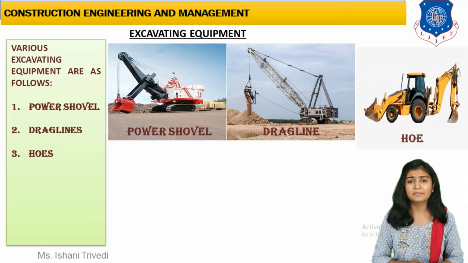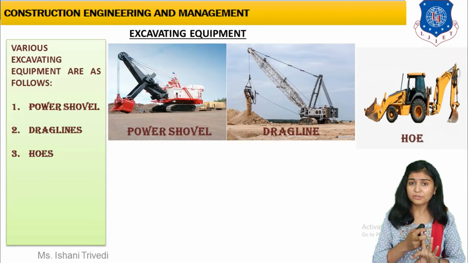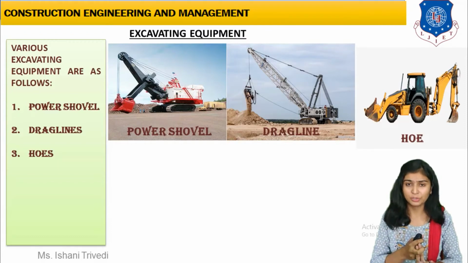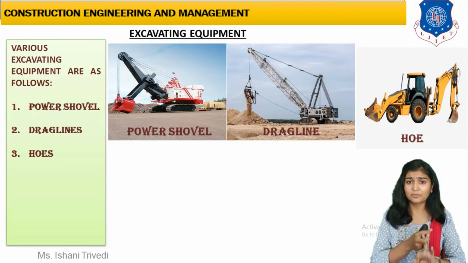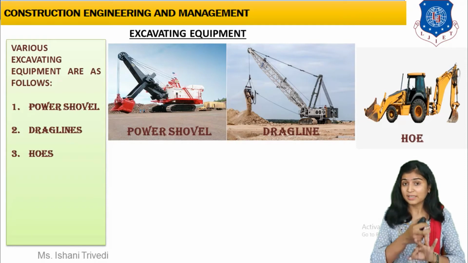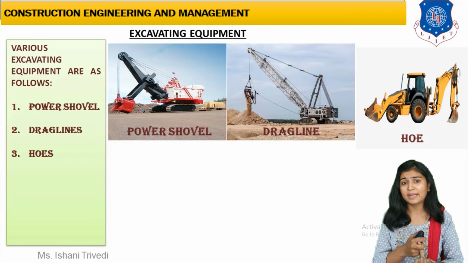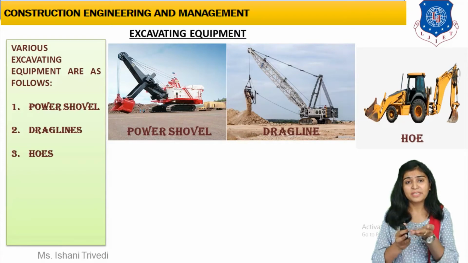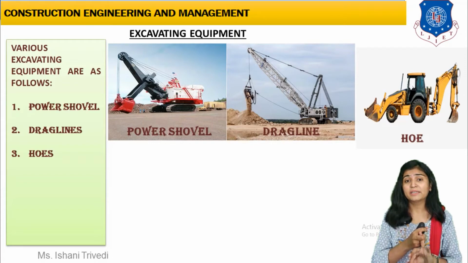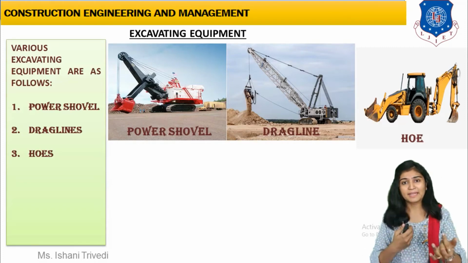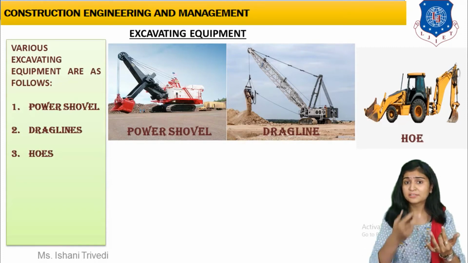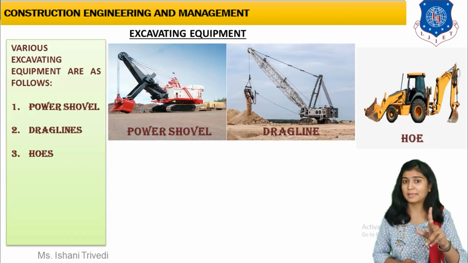The next equipment we have is the hoe. You can also call it a backhoe loader, or a front end hoe loader, right? Now what is meant by a hoe? It is a type of excavating equipment which has an excavating bucket at the front, in a U shape, and it also performs collection work simultaneously. So it can be a front end loader or a back end loader, but the equipment is such that it will perform two works simultaneously.